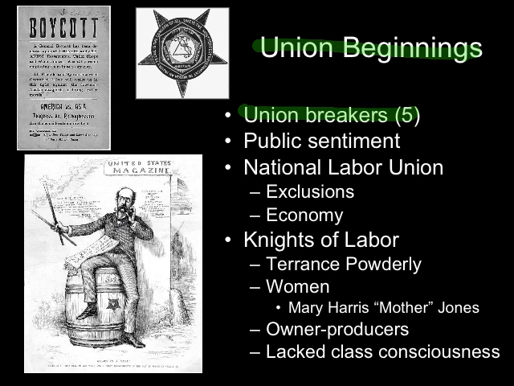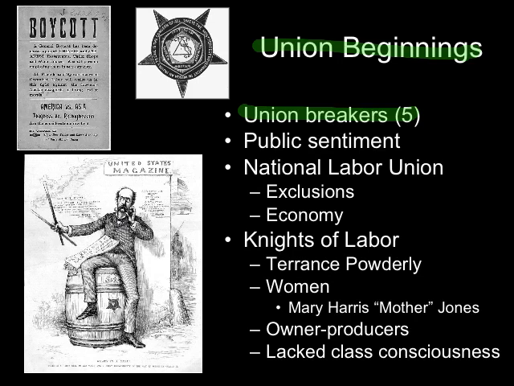S-C-R-I-P, company scrip. It's company money. Pullman would print his own money in Pullman bucks, Pullman dollars, right? And he paid you in them. And the only place your money was any good was in Pullman, Illinois. Pullman built this own town. He had his own shops, his own doctors, his own entertainment, everything. So you would get paid in company scrip, and then you would have to go spend it in Pullman stores. You paid your rent in Pullman bucks.